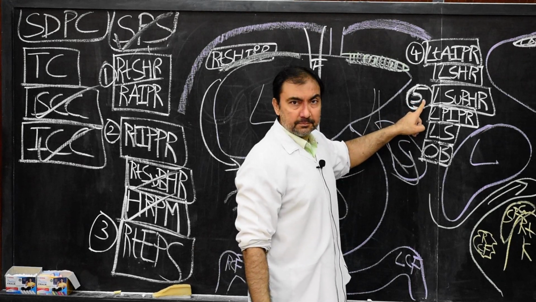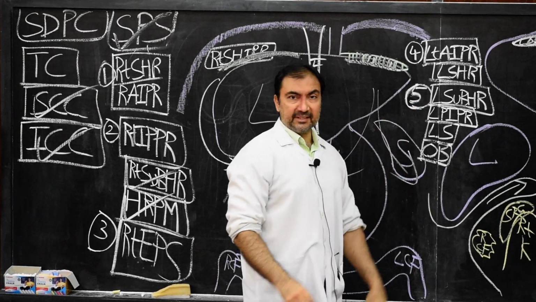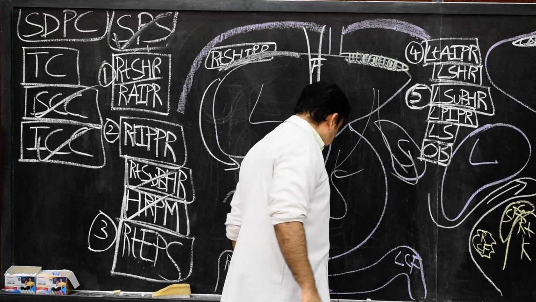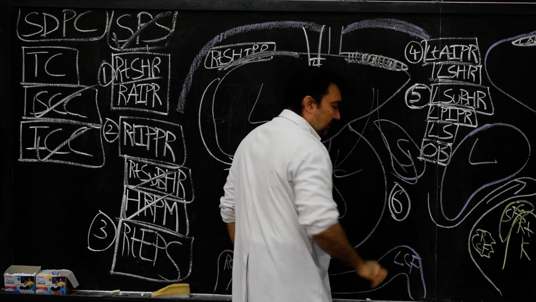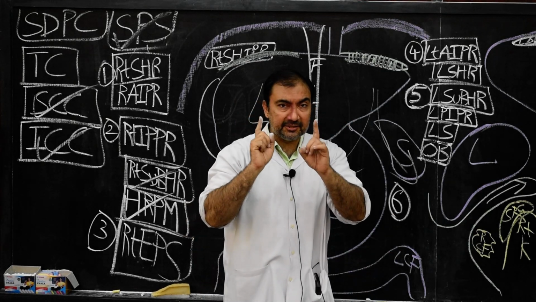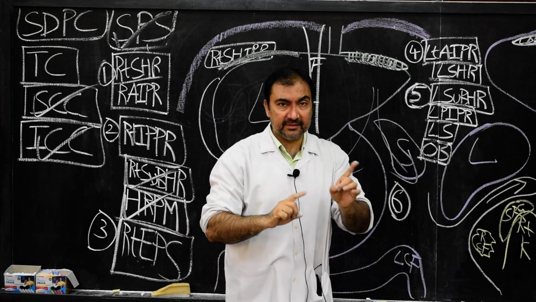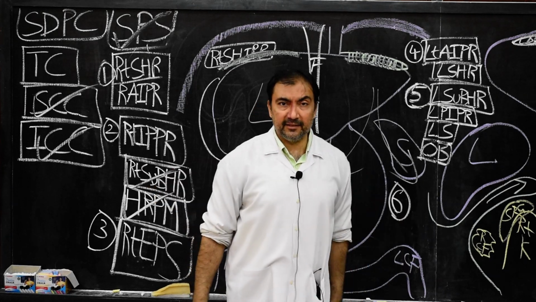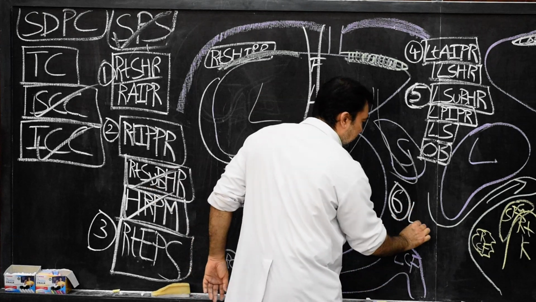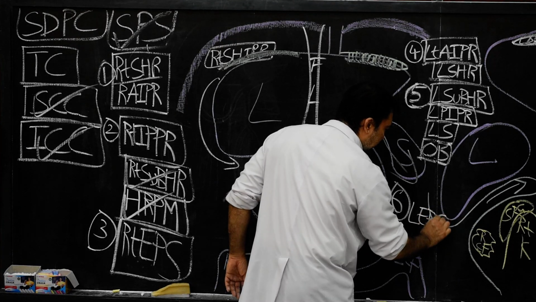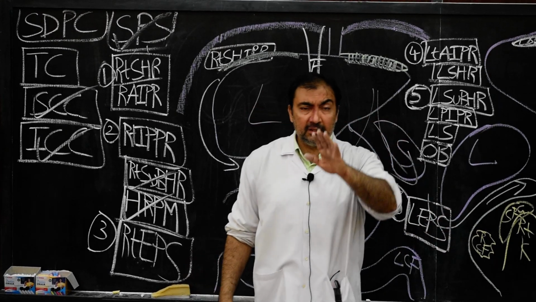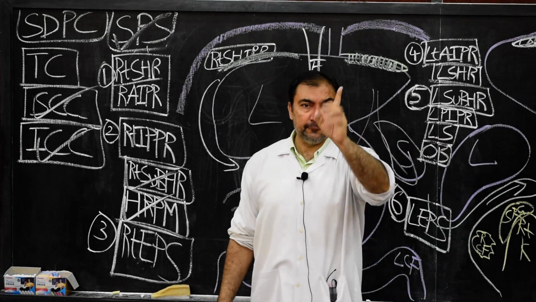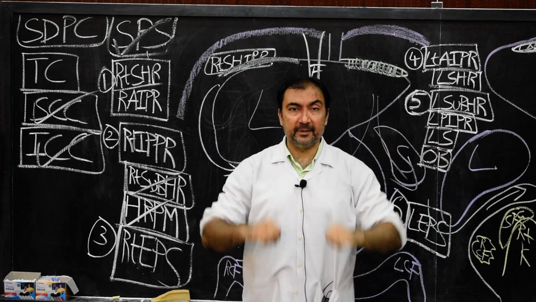Now after the fifth, the last one, the sixth one. The sixth one will be the left extraperitoneal space. Remember extraperitoneal spaces, one on the right side, one on the left side. So the left extraperitoneal space, the last of the subphrenic spaces or the last of the supracolic spaces. Remember, subphrenic spaces are supracolic spaces.